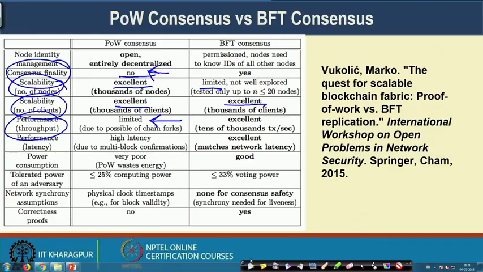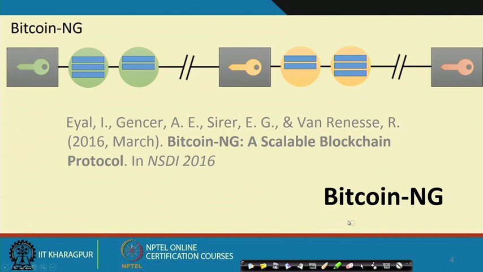So, we want to have an improved version of this proof of work based protocol, which will provide a similar type of blockchain system, but will be able to support more transaction throughput, and will also try to provide transaction finality to the end system that we are going to produce. So, to this end, let us look into one protocol or one mechanism for addressing these shortcomings of the Bitcoin based